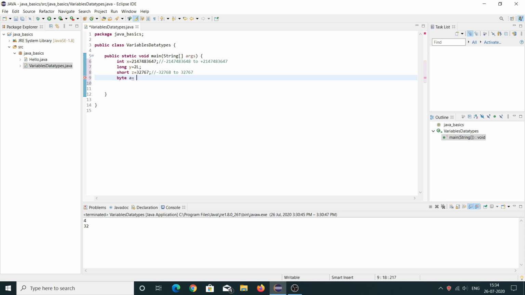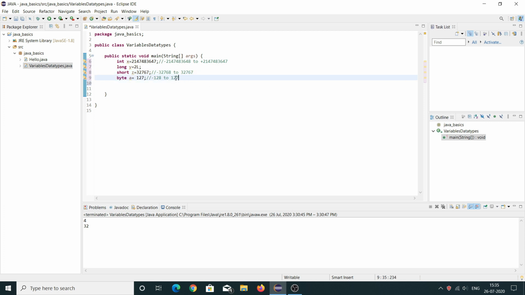Byte A equals 127. Here byte stores only 8-bit numbers. So the range of byte is minus 128 to plus 127. Here it is 8, here it is 7, because the 0 is included in all of these three.